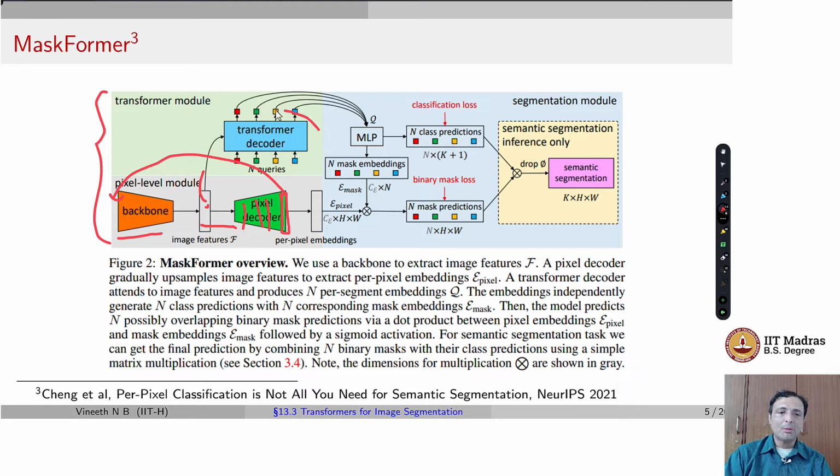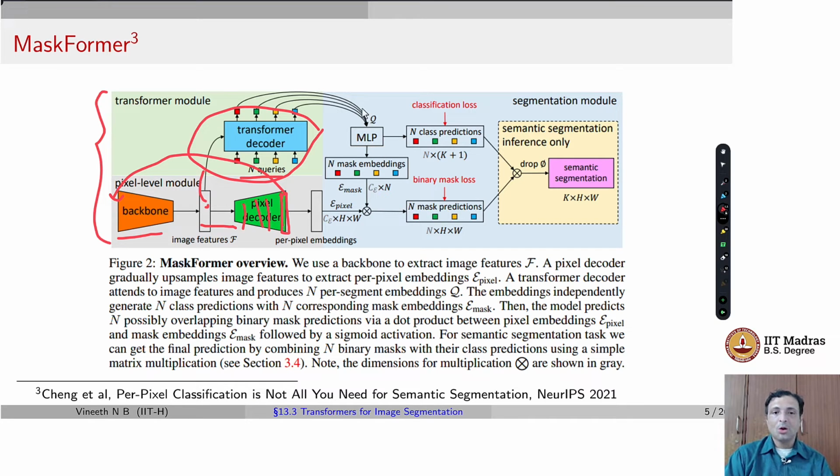Now the transformer decoder, similar to DETR, takes in N queries which are then converted to N output embeddings of the decoder. What do these N queries correspond to? These N queries correspond to N masks that we want to capture in an image. Remember, the job of semantic segmentation is to output segment masks inside the image. So these are the queries for the masks, and the output decoder encodings are fed into an MLP which gives